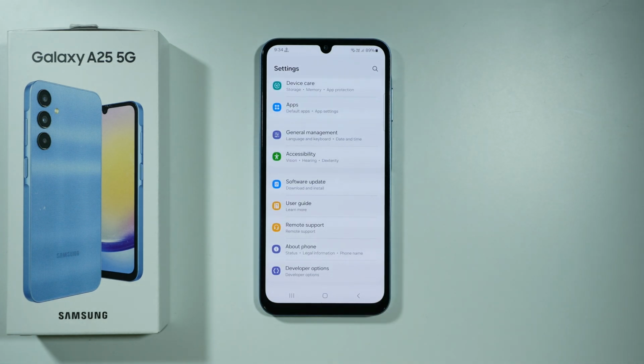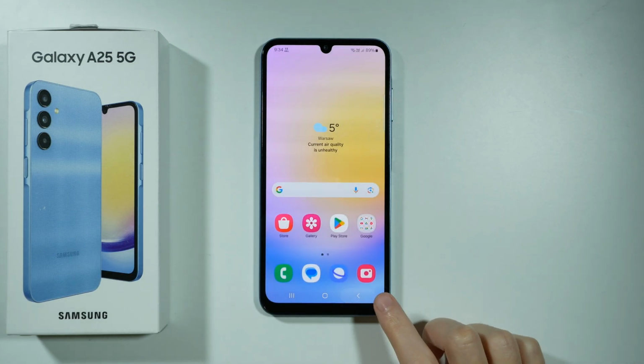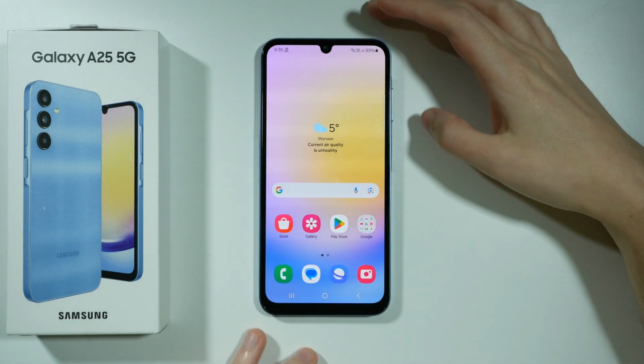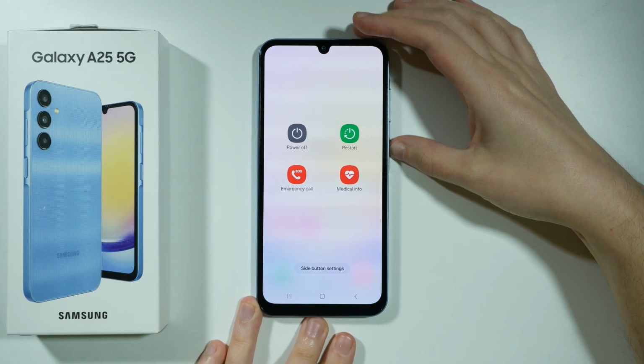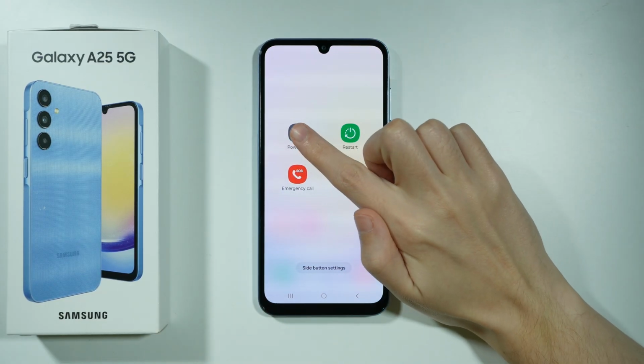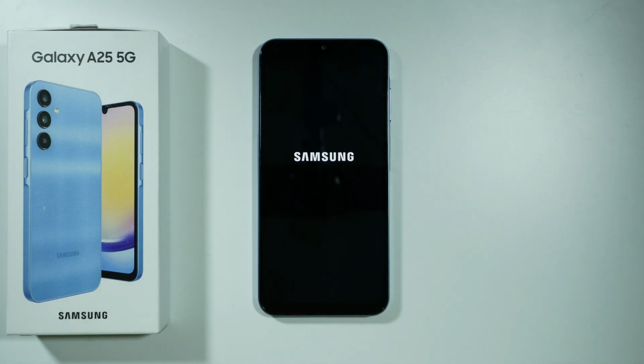Over here you will find a bunch of hidden options that you can turn on and off or manage in general. The next thing is the safe mode. In order to enter the safe mode, we need to open the power menu. So press and hold the side button, and then press and hold your finger on power off, and then you have safe mode. You can tap on this safe mode icon in order to reboot your device and go into